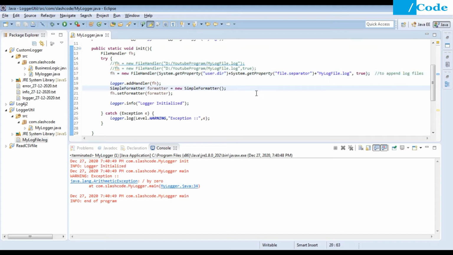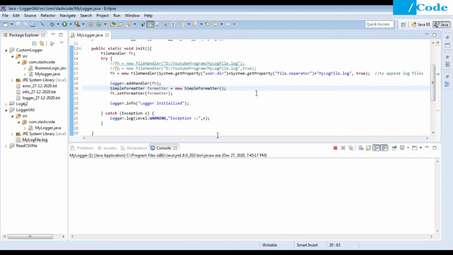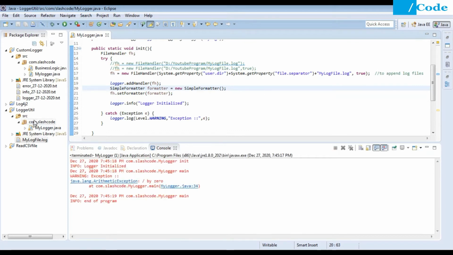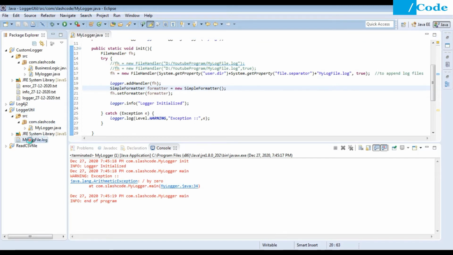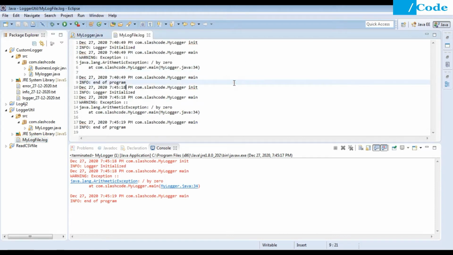So let me execute the program so that we can get the output. And if you see, the current user directory is this one only, logger.util. Inside that we have the file created, mylog file.log, and inside that after 740 we have 745 here.